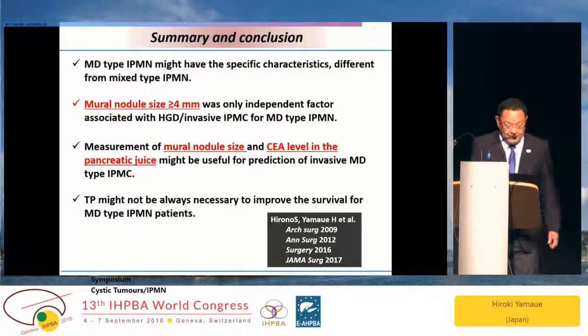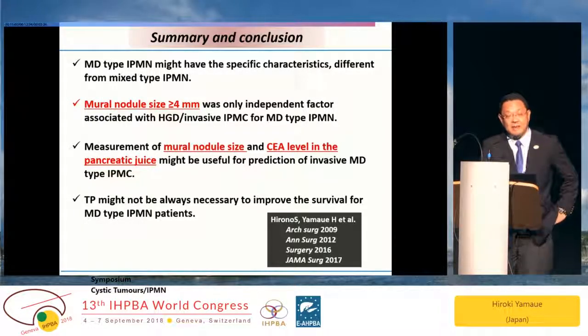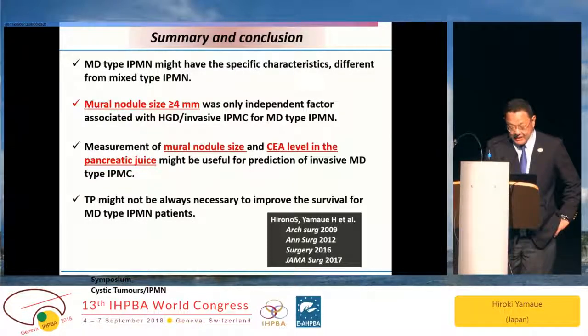Main duct type IPMN might have specific characteristics different from the mixed type IPMN. Mural nodule more than 4 millimeter was the only independent factor associated with high-grade dysplasia and invasive IPMC for main duct IPMN. And measurement of mural nodule size and the CEA level in the pancreatic juice, which was taken by the preoperative ERCP, might be useful for prediction of invasive main duct IPMN. So total pancreatic